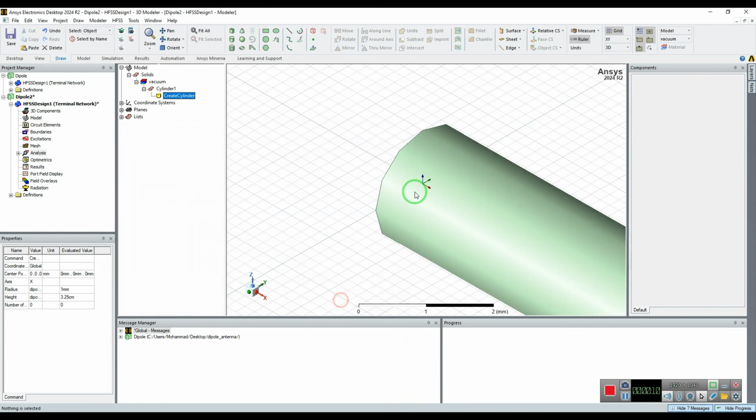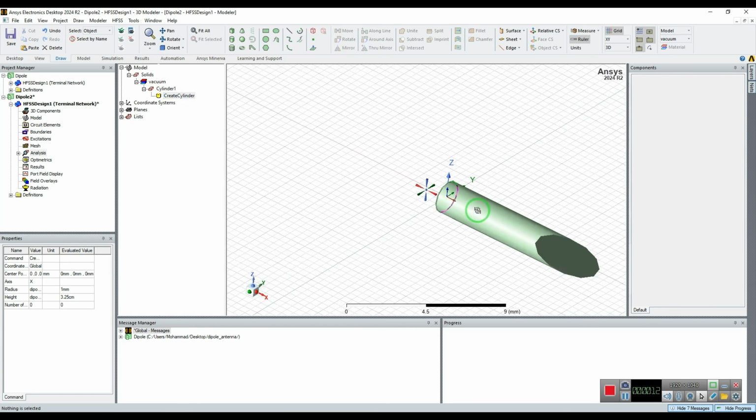Draw the second cylinder symmetrically, leaving a small gap between the two cylinders for feeding.